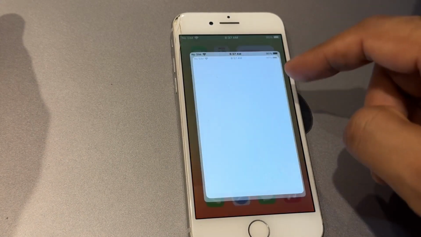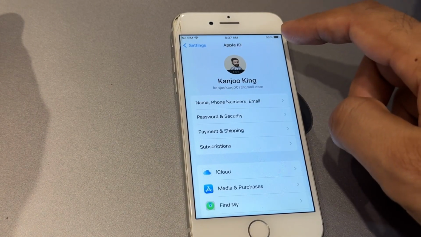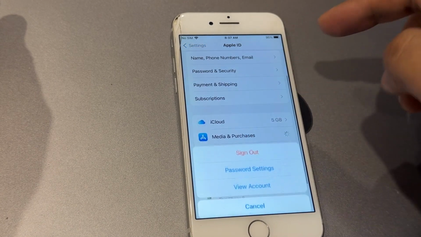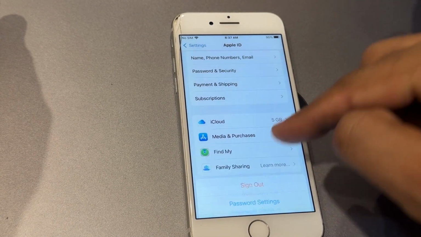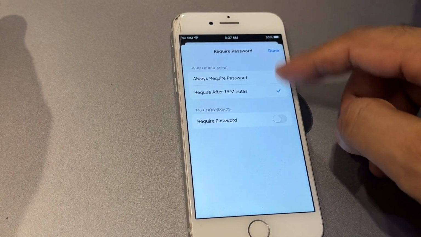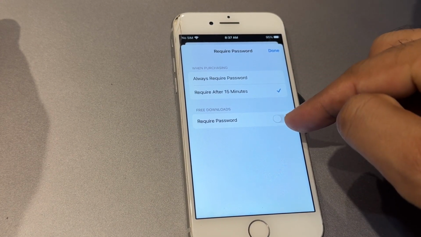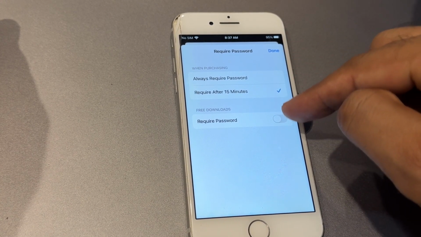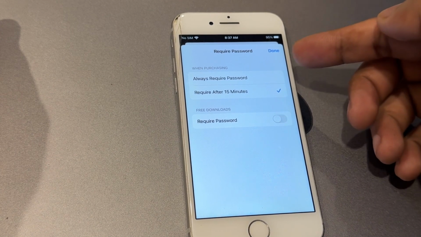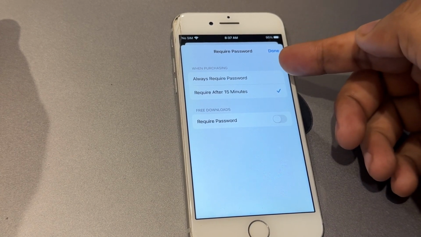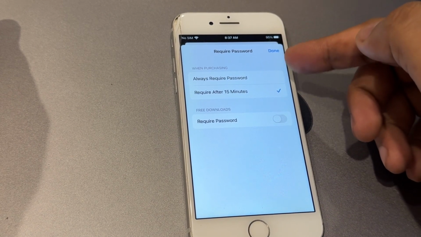Open up Settings. Now tap on your name at the very top. Then tap Media and Purchases. Now tap Password Settings. Okay, so here you'll see two sections. Under Free Downloads, you'll see a switch that says Require Password. Just turn that off. And while you're here, under the Purchases and In-App Purchases section, I'd set it to Require